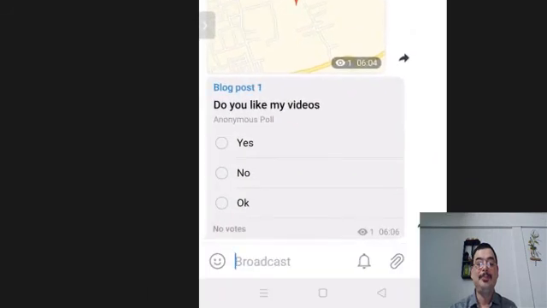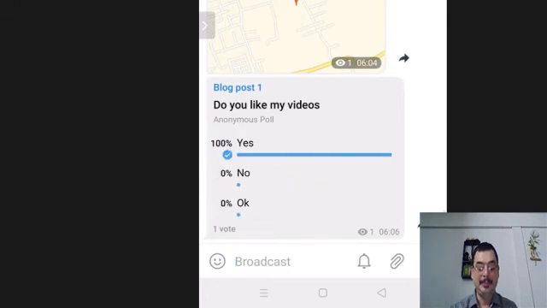Now you can see I have created a poll. So whenever you send this message to anybody, they can look at the poll, and if they want, they can say yes, and the poll is recorded. Once they record the poll, I will be able to come to know what the majority of people think. You can see only 1%, 100%, no is 0%, okay is how much percentage. Likewise, you will get data from which you can understand what is the opinion of the people. So that is the poll button.